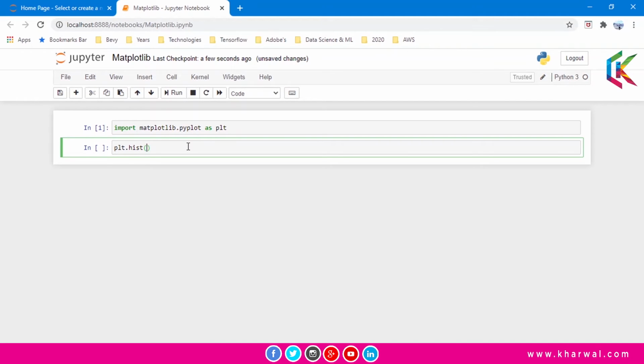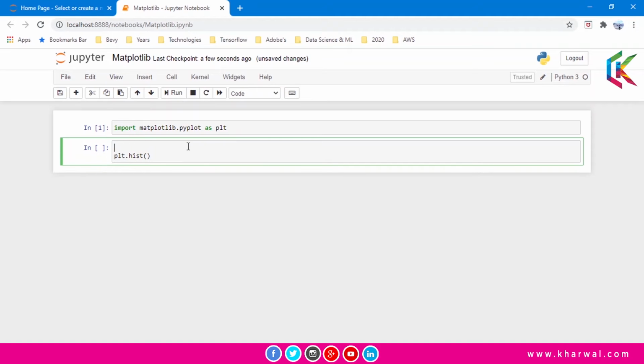This method requires one argument, so let's add a list here. So this is the list. Now I'm going to pass this list x to the histogram method.